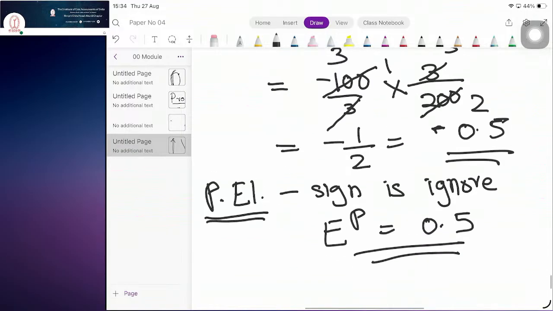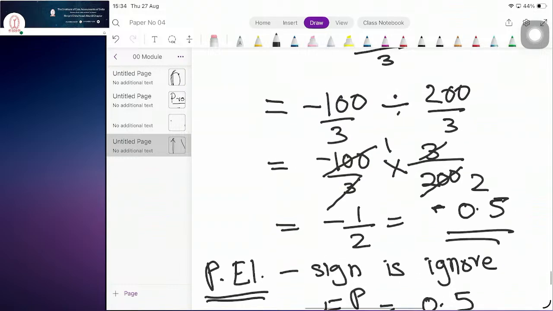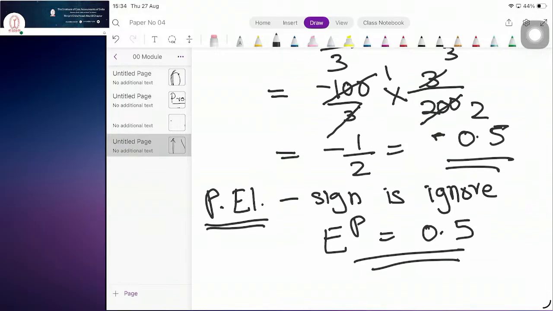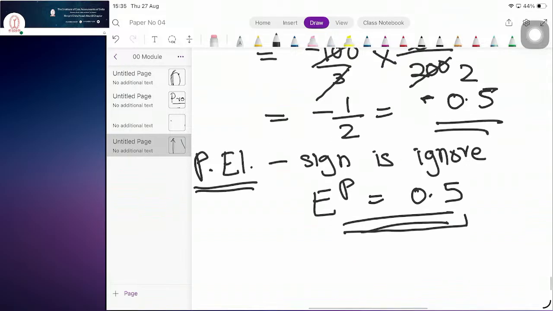Did you understand how to do it? In exam you have time, so don't get into panic mode and try to do anything very fast. Mistakes can happen when doing things fast. So the slow method of solving is the faster method. If you don't make any silly mistake, eventually your time will be saved rather than doing things fast. And